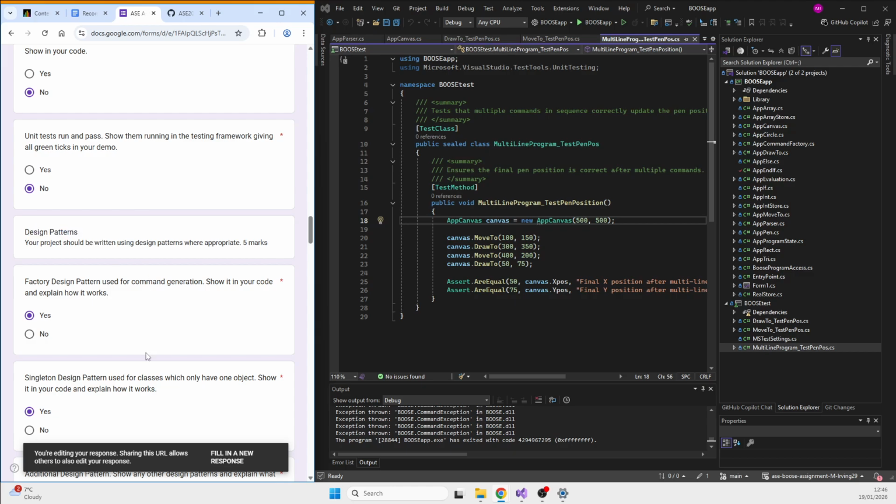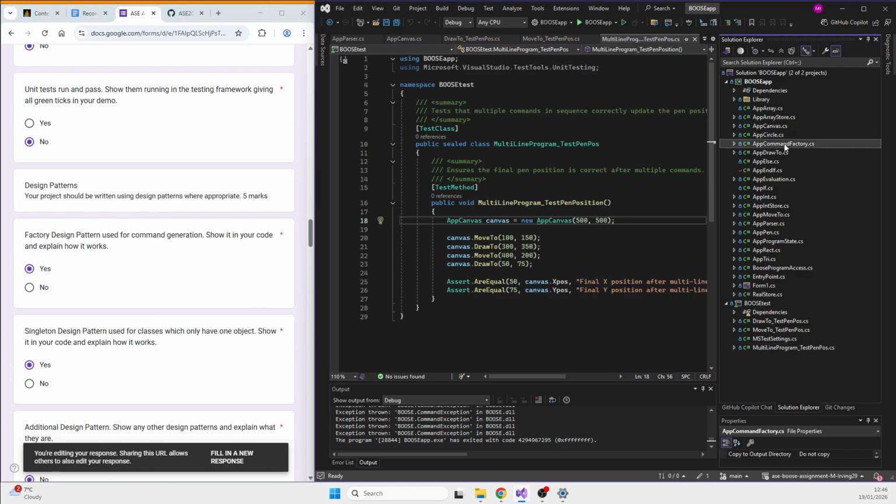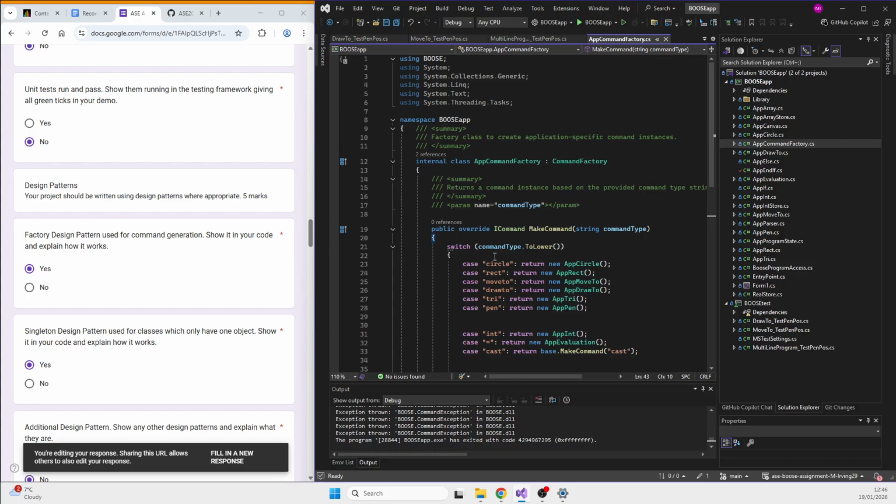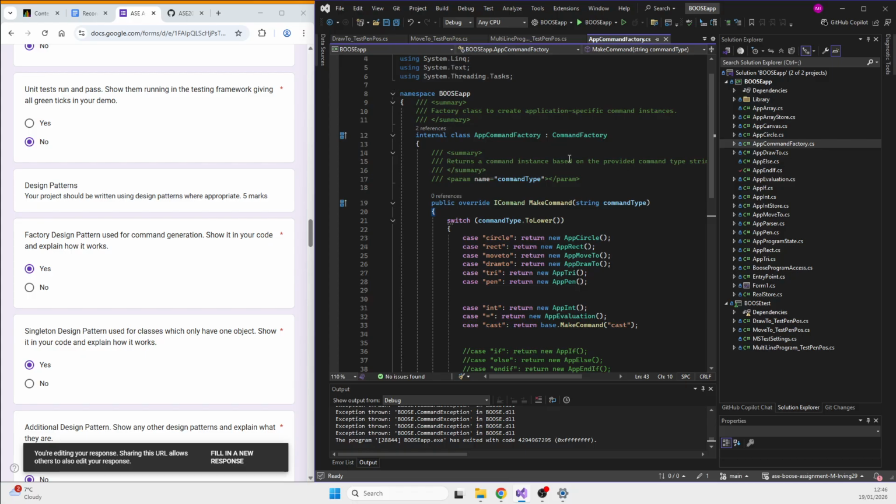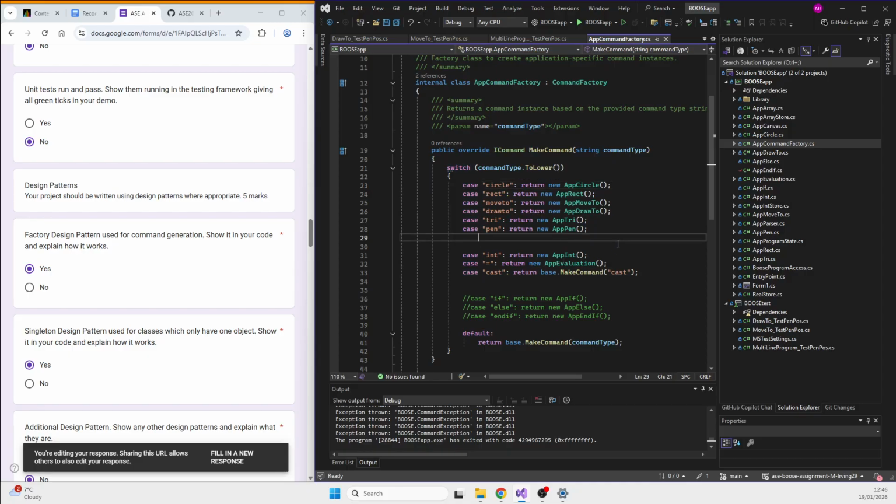Design patterns. So show my command factory because that's the first one. So pretty much the same as my first hand in. I changed it to using switch instead of just a bunch of ifs. But as you can see, everything that I'm using, I don't actually use cast.